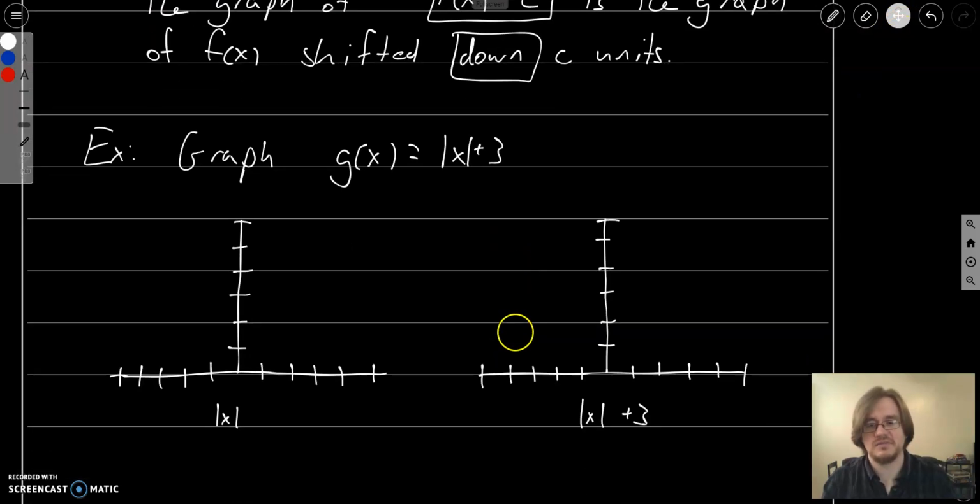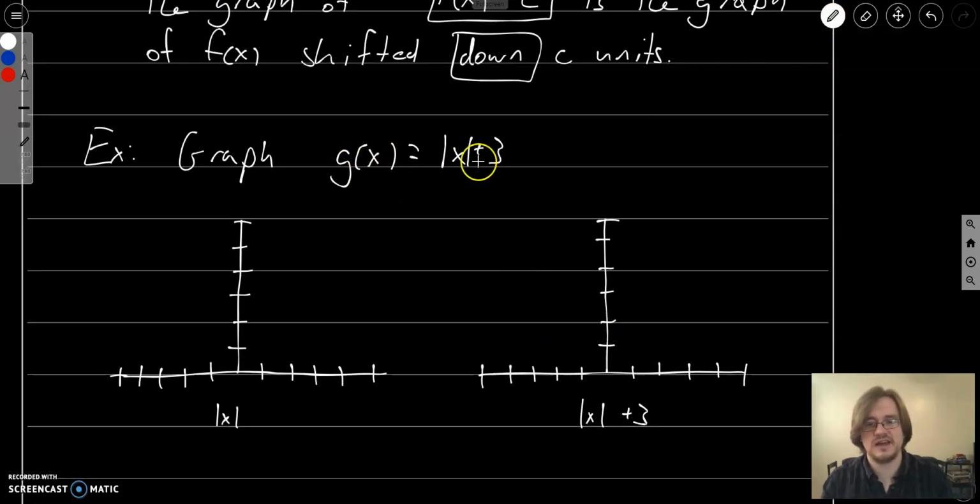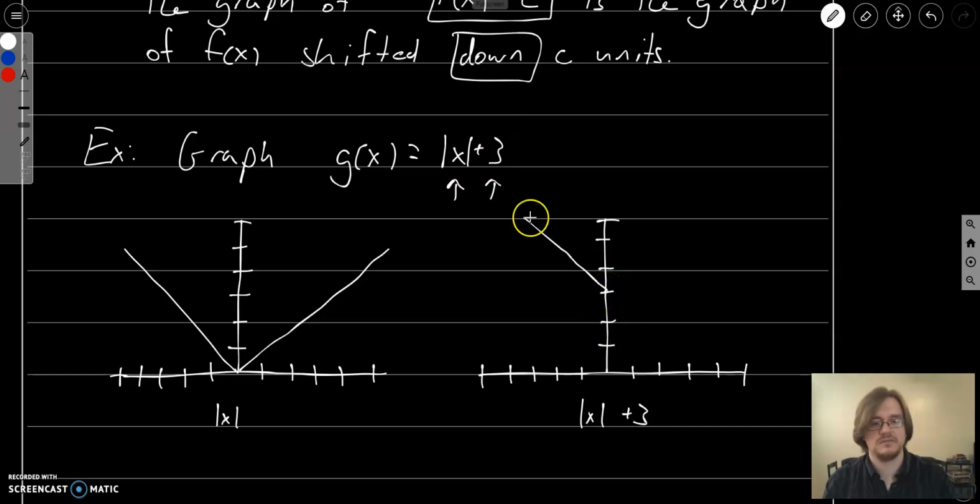So let's do a quick example. Here we have g of x is the absolute value of x plus 3. So when I look at this, I go, oh hey, we have the graph of the absolute value of x, and all we've done to it is added 3 to it. So this is fairly straightforward to graph. The graph of the absolute value of x looks like this v, and since we've added 3 to it, we've shifted it up 3. So when you take a function and you add a number to it, that means that we are shifting it